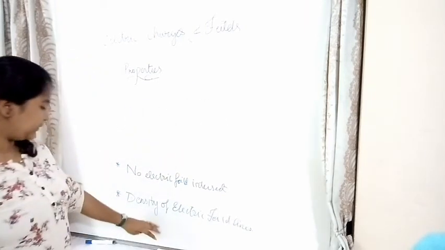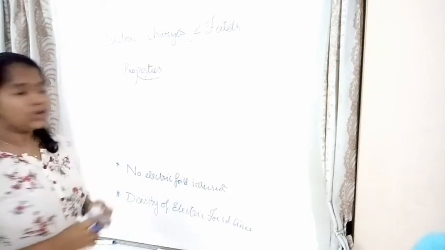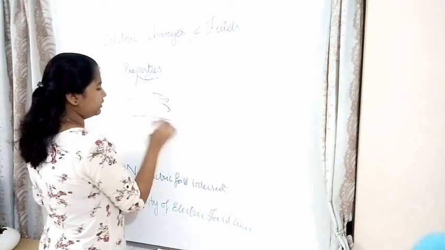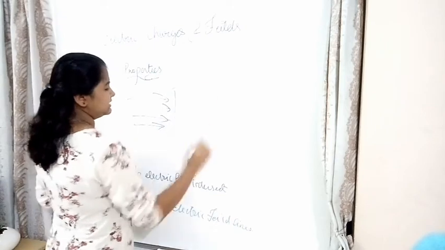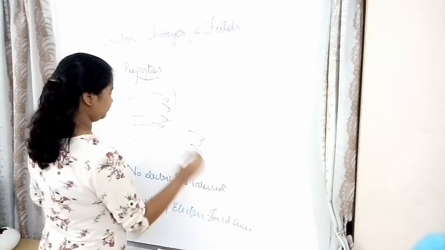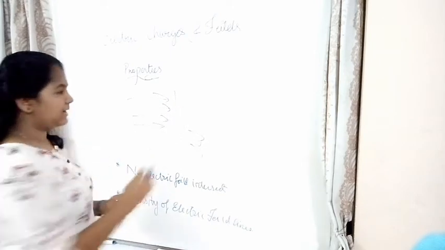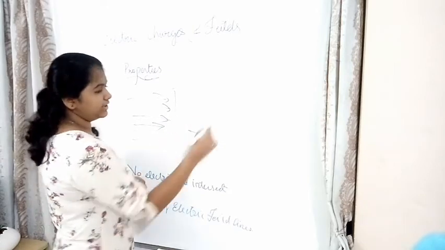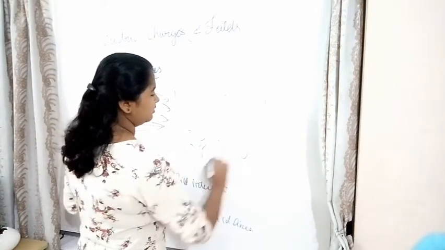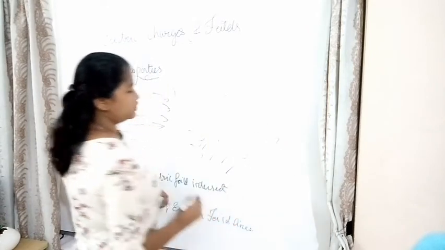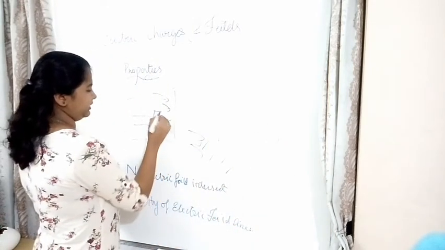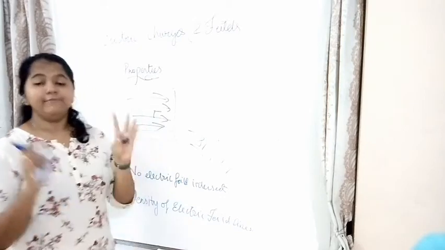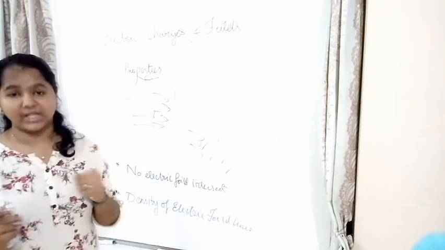So what's our last point that we have to learn? The density of electric field lines. So how do you find out the density? Let's take, so this is the electric field lines, okay? And this is the paper. So the electric field lines passing through an area perpendicularly. It should pass perpendicularly, not like this. It should be perpendicular to the surface. So if perpendicular lines are passing through an area, the number of field lines passing through that area would determine the strength of electric field.